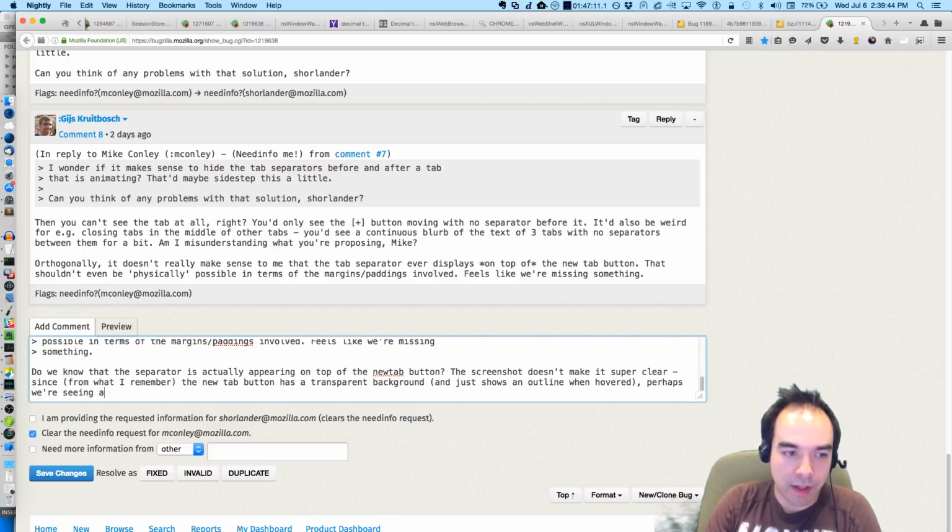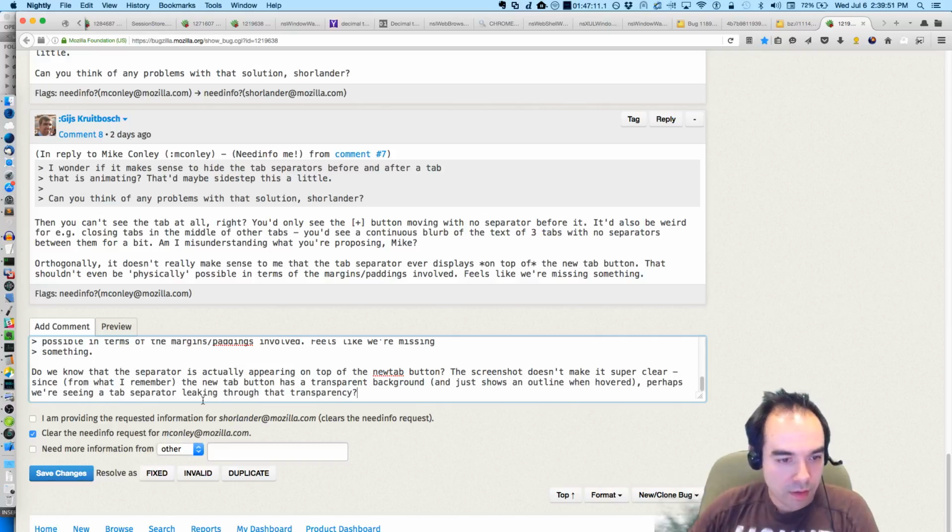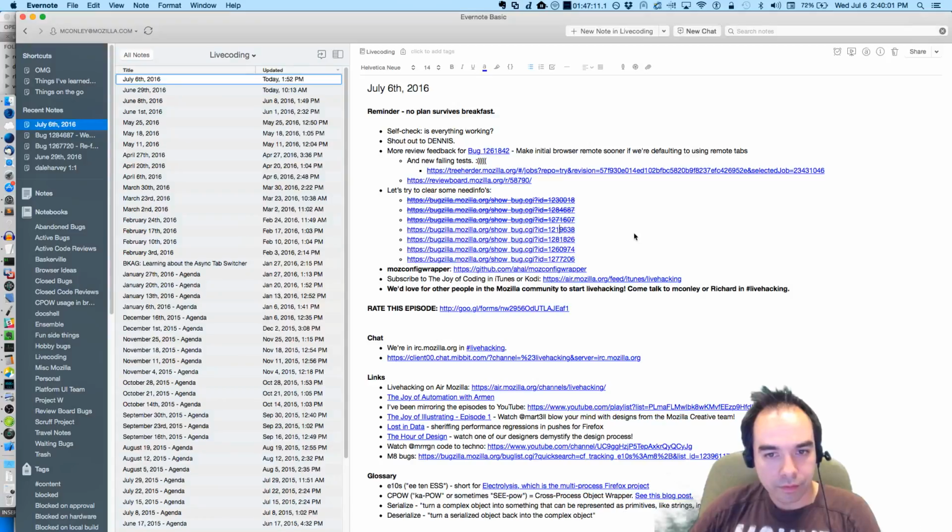Perhaps we're seeing a tab separator leaking through that transparency. I don't know if that's very helpful.